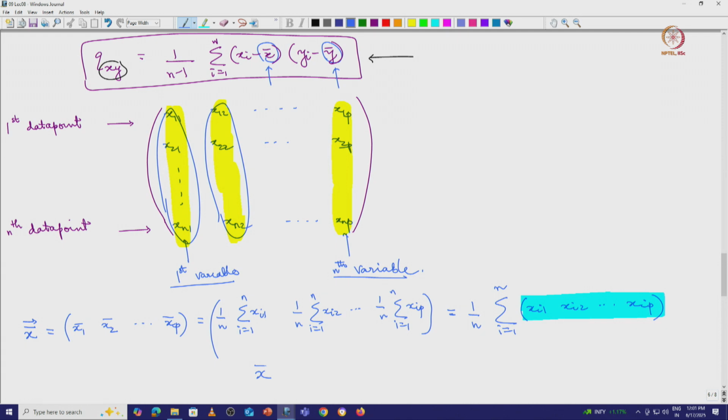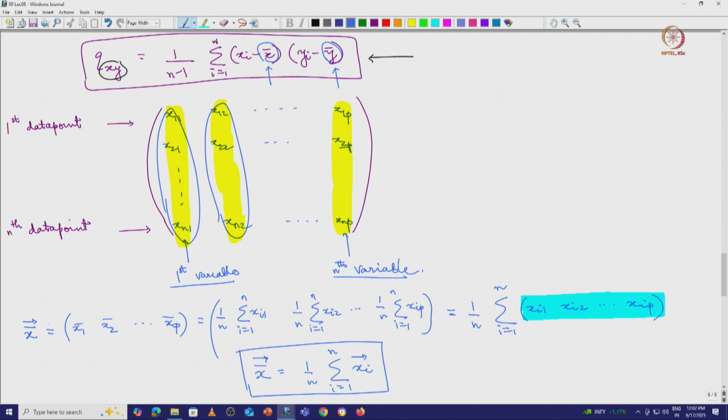So x bar vector is essentially equal to 1 over n sum i going from 1 to n of x_i vector. This is the expression for the vector of the sample means, that is a row vector, and we will go further and use this to simplify the expression for the covariance matrix. This will give us a row vector where each column is the mean of each feature that we are considering, and this is particularly useful when you are trying to write your own code to compute the